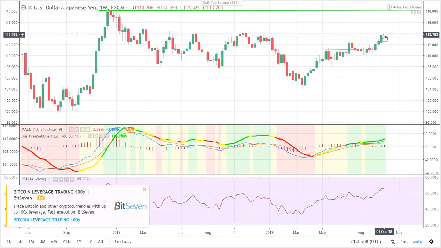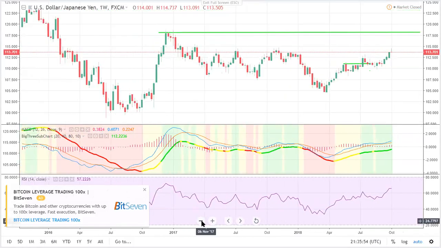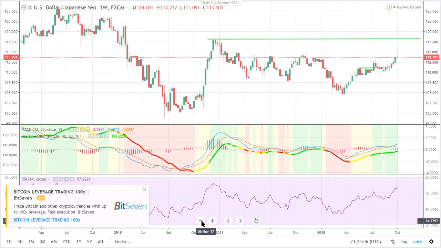And this is the fourth time it's hit resistance. It may potentially break the resistance, which can happen, right? Because resistance can become support and support can become resistance. So if that happens, and if this curve goes up, and if this green line, currently a green line, means it's still going to go up a little bit. If this green line goes upwards, this one goes upwards, and this one goes upwards, and the price action follows